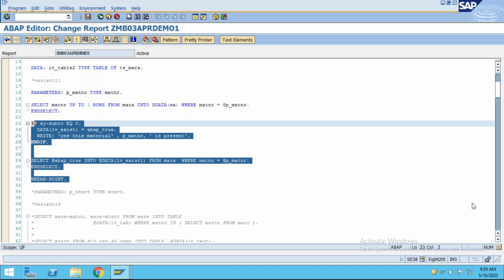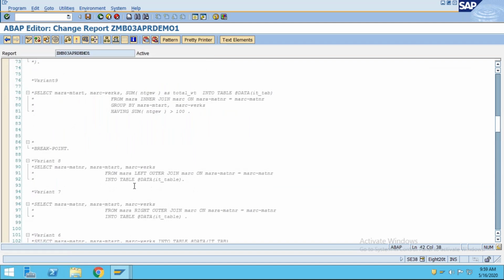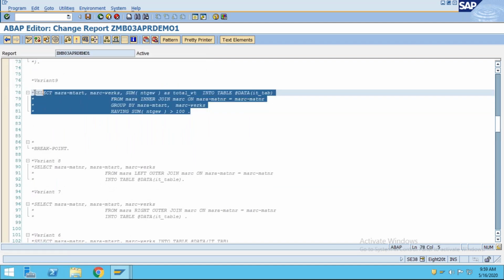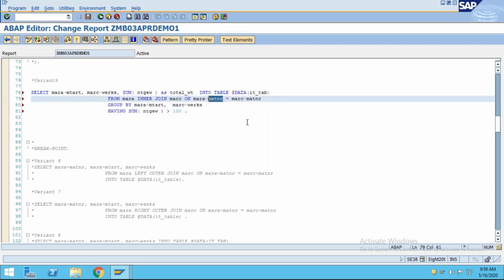In joins, I am not clear with this question actually. What does aggregation function in join mean? Do you want to tell like this? Let me come to the join. Suppose this is inner join. Do you want, suppose if we are having NTGEW, for example, NTGEW,